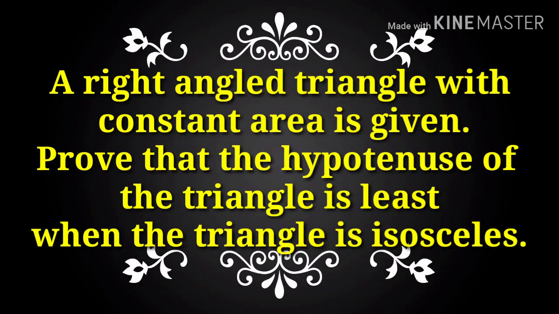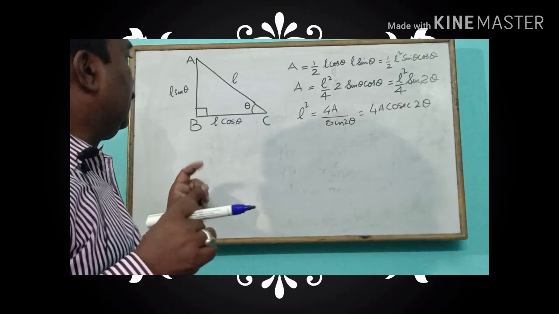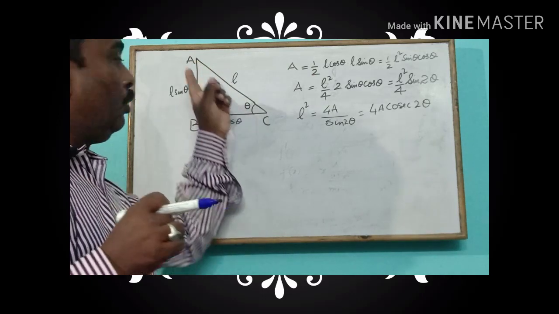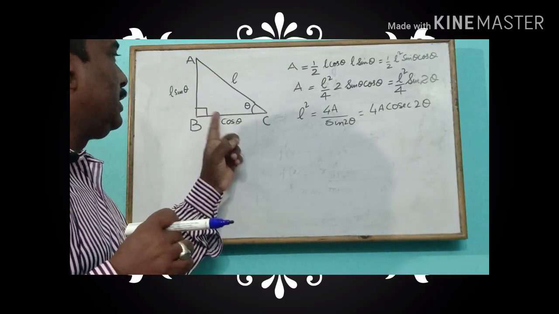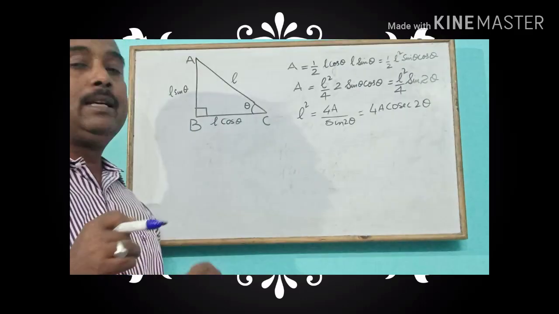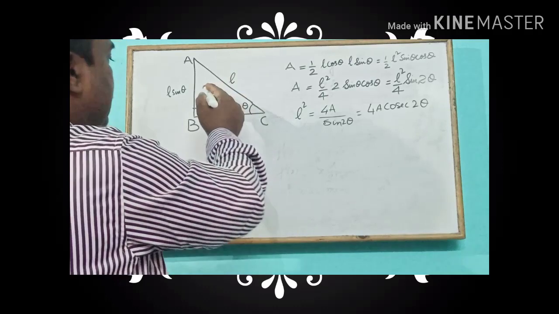A right angled triangle with constant area is given. Prove that the hypotenuse of the triangle is least when the triangle is isosceles. So our question is, in a right angled triangle, for a given area, we have to prove that the hypotenuse is minimum if the triangle is an isosceles triangle. So I have considered the triangle ABC